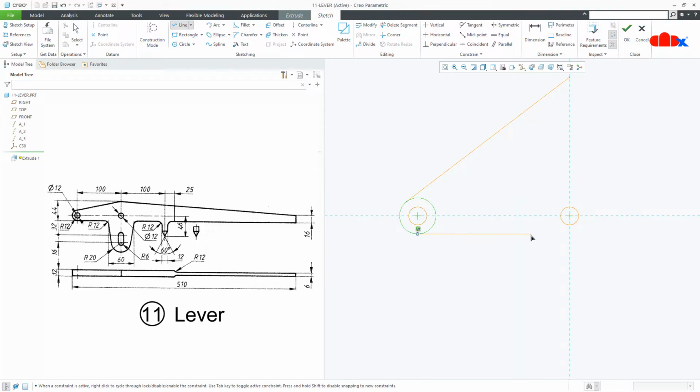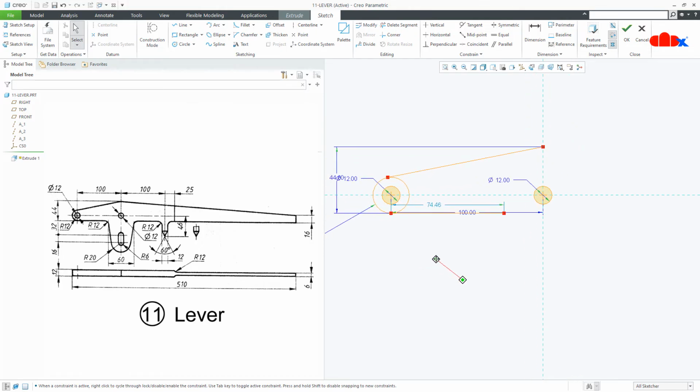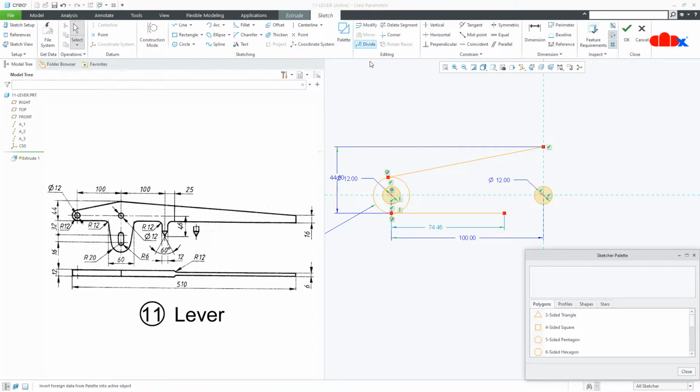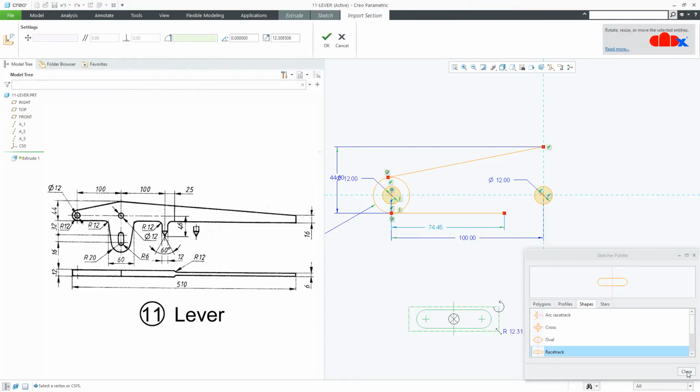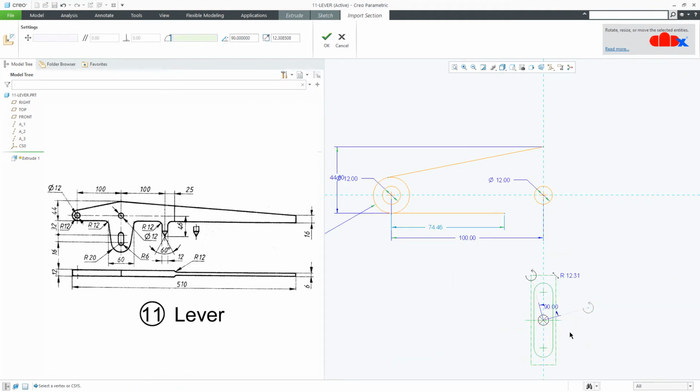Now draw a line just like this, and from this line till this is 44. Now draw a slot here, and for this go to palette, select rack track, place here, close it. This I will make it 5.